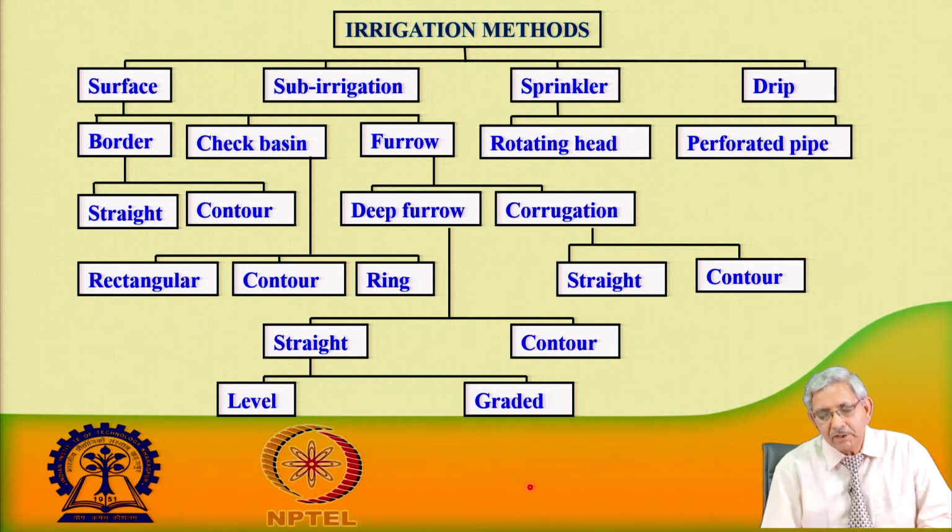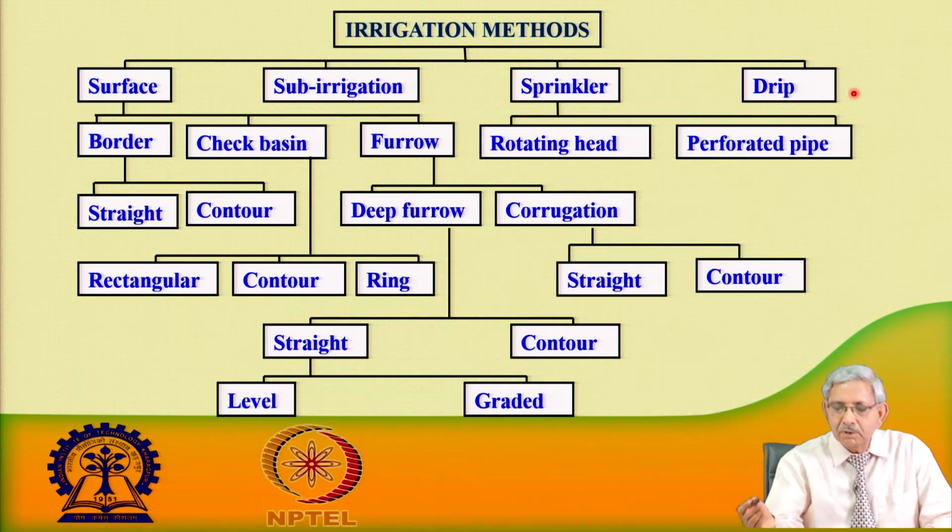When we say sprinkler irrigation system, it means we are applying water in the form of spray by creating adequate pressure using an appropriate nozzle, and from the nozzle water is sprinkled in the form of spray, and it falls on the ground surface and on the leaves of the plant also. And when we say drip irrigation, it means we are applying water literally drop by drop. So, let us go through each of these 4 methods in a little more detail.